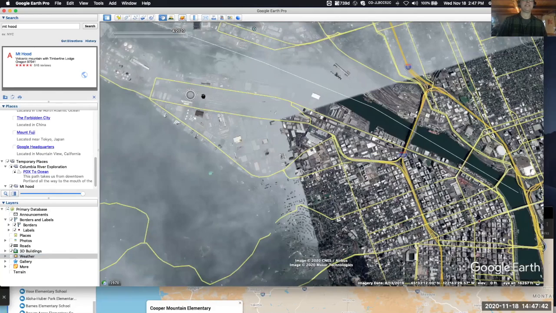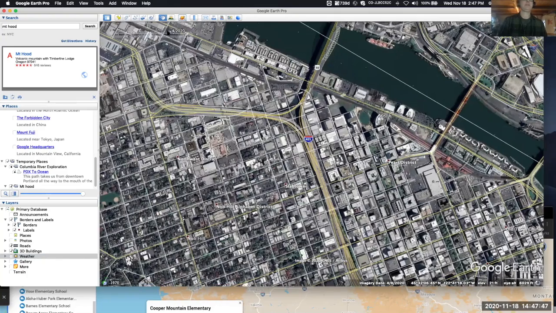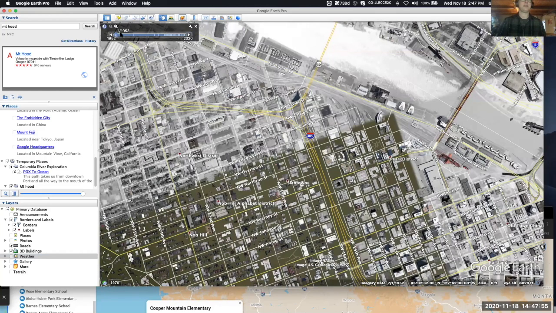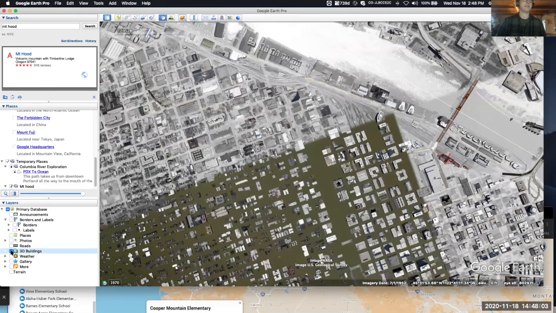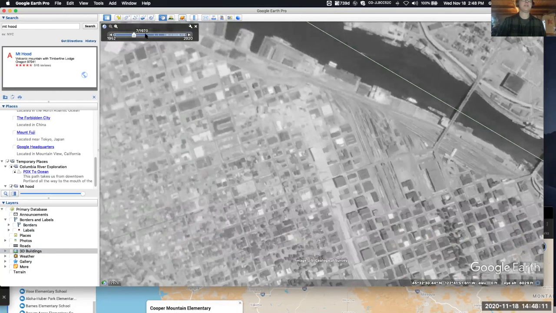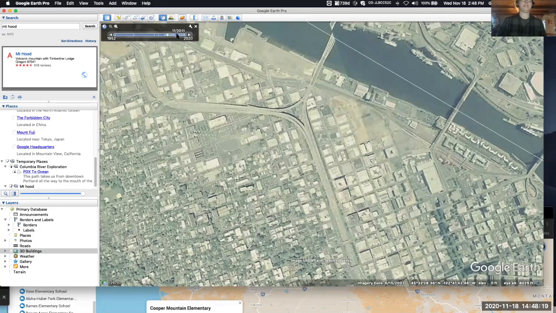Here's a chunk of downtown Portland. And if I go up to my timeline here, I can see I actually have aerial photography of this area all the way back to 1952. So I can go back in time and see, I'm going to unlabel some of these things because they slow the machine down a little bit. There's a picture of that same spot from 1952. Here's one from 1970. It's not very helpful particularly, but they get better. 1990, 2003, 2011,